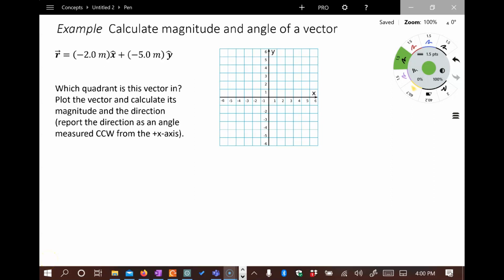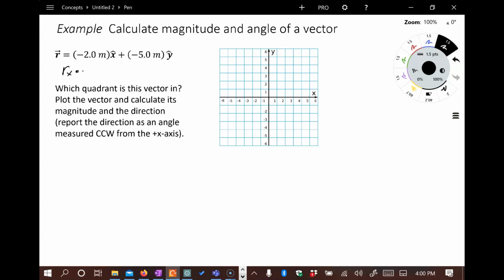Hi. In the previous video, we saw how to calculate vector components. In this video, we'll do the opposite. We're going to start with the vector components and then learn how to calculate the magnitude and the angle of the vector. So our vector r in this case is given, and we see that the components are written in what we call the unit vector form, but this just means simply that